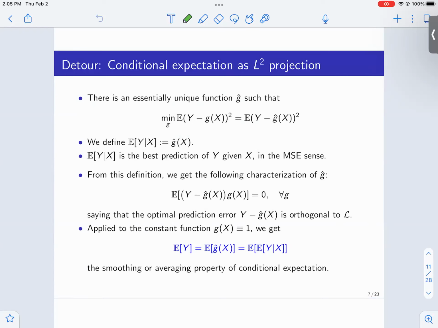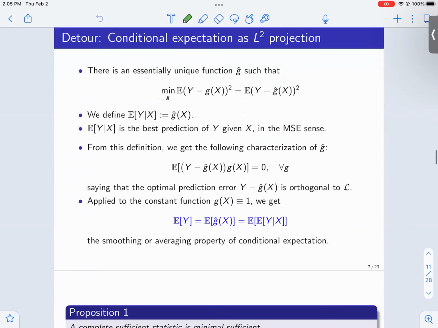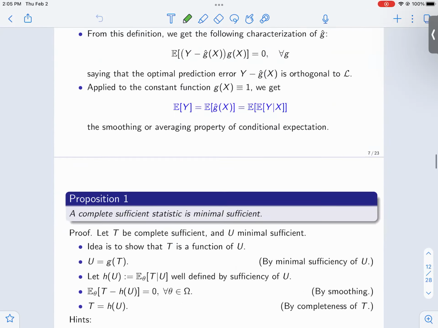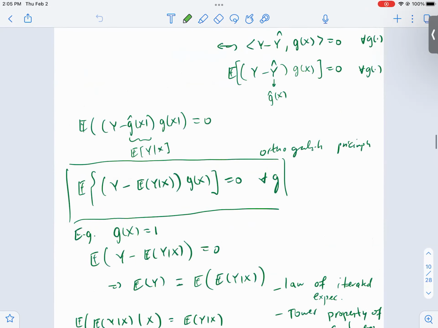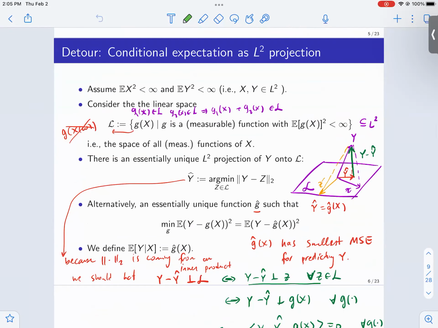So last time we discussed conditional expectation as sort of the L2 projection. And I tried to emphasize this a little bit. If you have questions, please feel free to ask. Yeah, so you went through this idea that there is an L2 space of functions, and we can think of the conditional expectation as the best approximation in this function space. There is a subspace of this L2 space of functions, which is